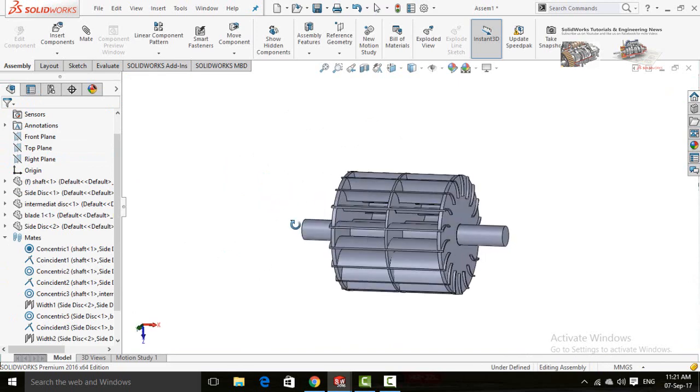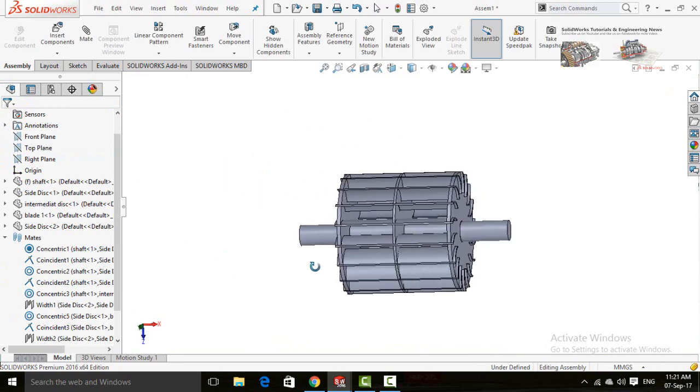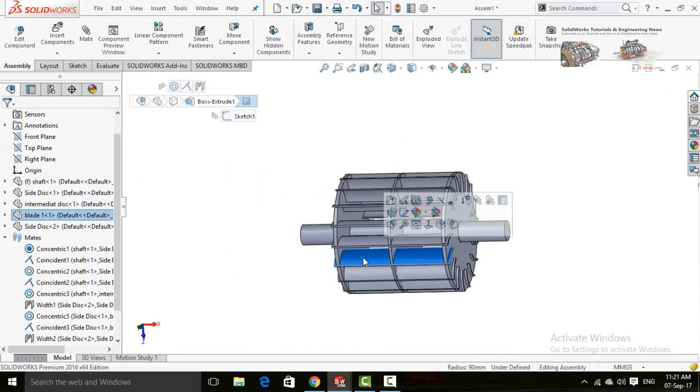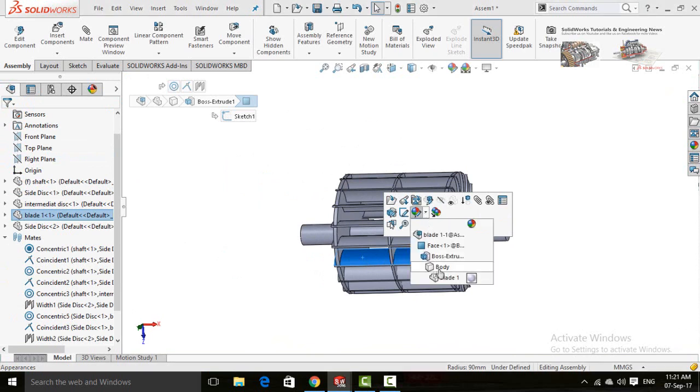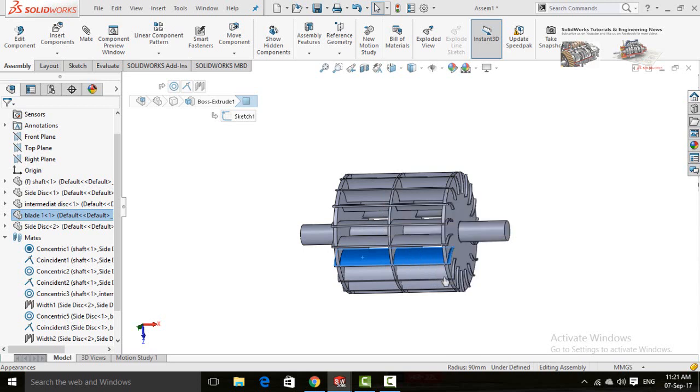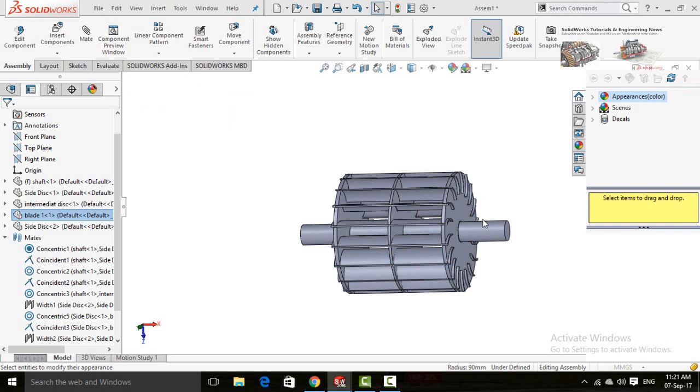Now we have to change colors. For that, click on blade and drop down this arrow, select this option blade. If you select this option blade, all blades will be the same color.